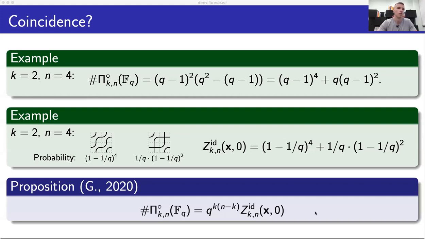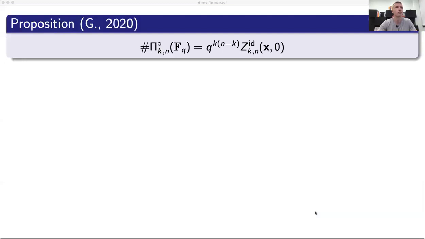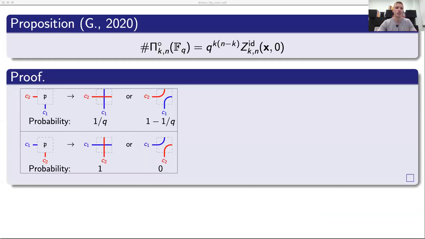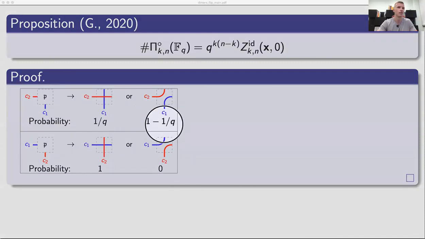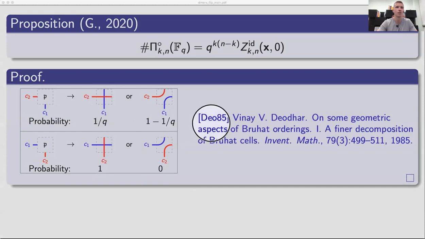And let me actually give you a proof of this proposition. And the proof goes as follows. It has 2 steps. So the first step is you look at this table closely, and then the second step is you look at this paper closely, and then basically you're done. Because what happens is this weird condition I told you about is actually known as Deodhar's distinguished subexpressions. And